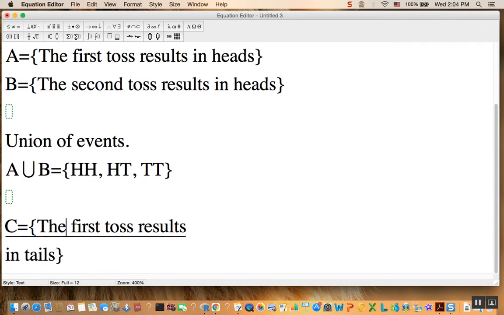So if we defined C like that, the event the first toss results in tails, right, it is clear